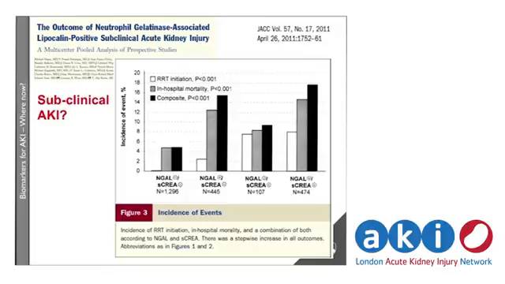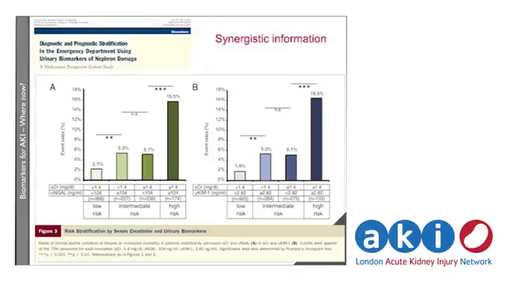And there are some studies to illustrate that this NGAL positive, serum creatinine negative group have worse mortality. They don't require as much renal replacement therapy as you might expect, but they have worse mortality. And the question is then, is that reflecting the fact that there are pleiotropic effects of acute kidney injury beyond the kidney itself and beyond the renal dysfunction? And actually the mortality was greater than in those whose creatinine rose but the NGAL was negative. Okay? But without data about what's really going on in the kidney, it's difficult to interpret this.